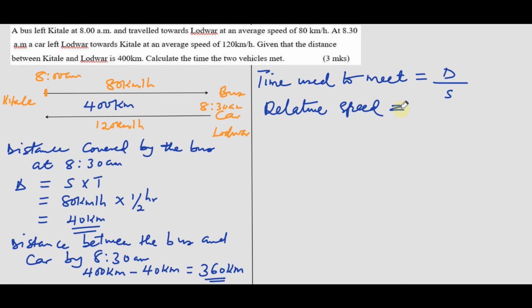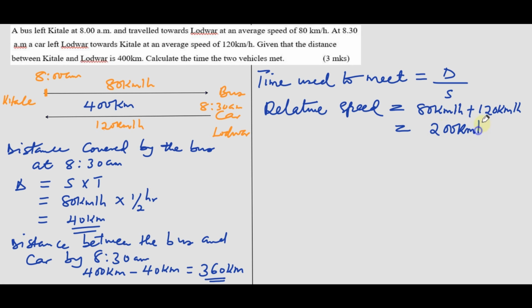When you look at the two, one is moving from Kitale to Lodwar, the other one from Lodwar to Kitale. So they are moving in opposite directions. To obtain relative speed, we shall add 80 kilometers per hour plus 120 kilometers per hour. This gives